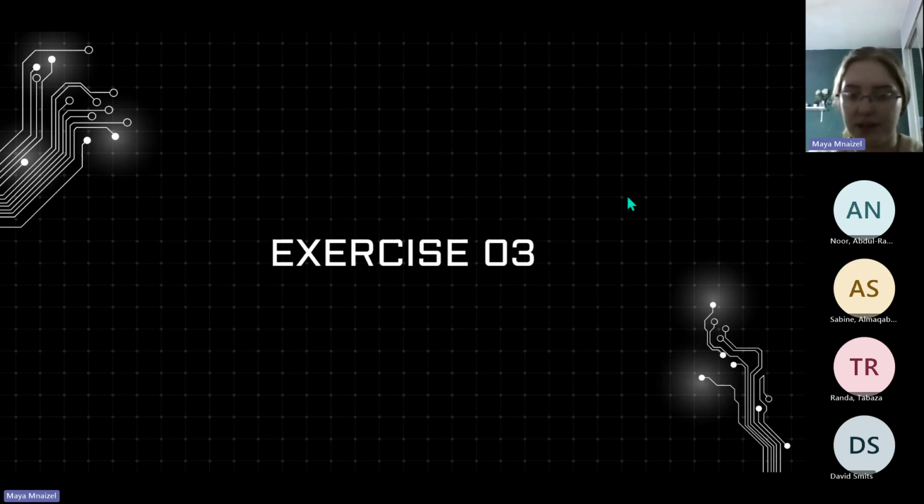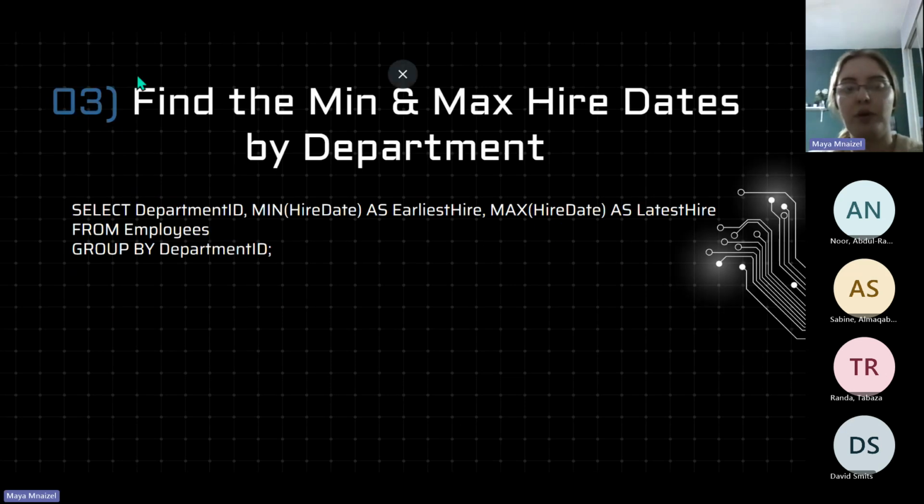Okay. Exercise 3. We also have: find the min and max hire dates by departments. So let's say someone has 10 years of experience, someone has 5, someone has 1. So we want to find this out. Select department ID, and minimum hire date as earliest hire and maximum as latest hire date from employees, and we can group them